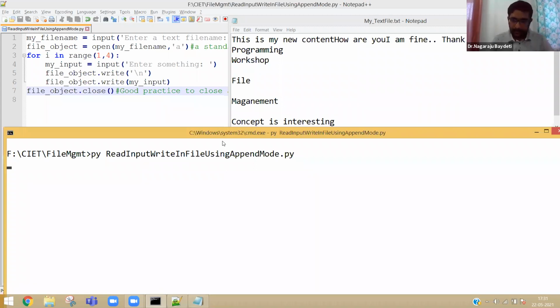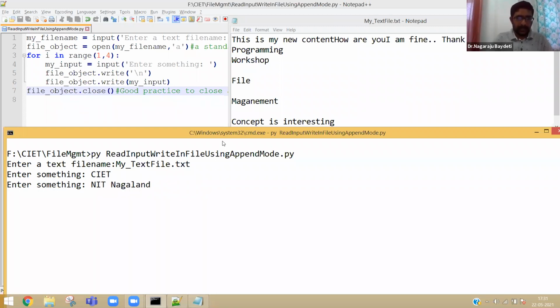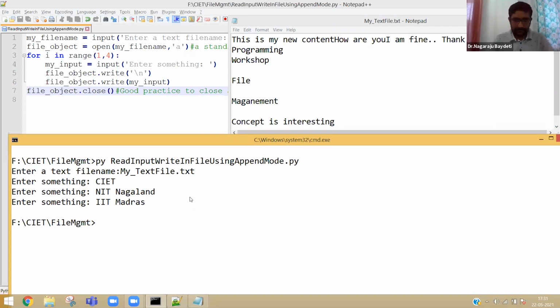Now I am again giving the same inputs. Let me type CIET, let me type NIT Nagaland, let me type IIT Madras. Now what should happen after concept is interesting?